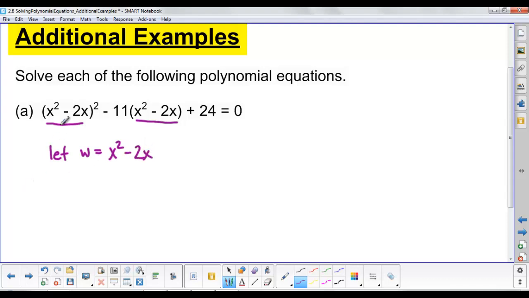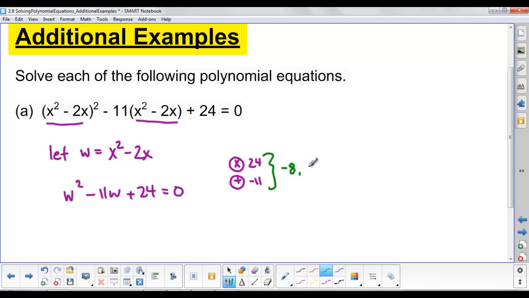Now the question becomes w squared minus 11w plus 24. This trinomial is actually quite easy. All you have to do is think of two numbers that multiply to 24 and add to -11, which would be -8 and -3. So when we factor this equation, we would have w minus 8, w minus 3,